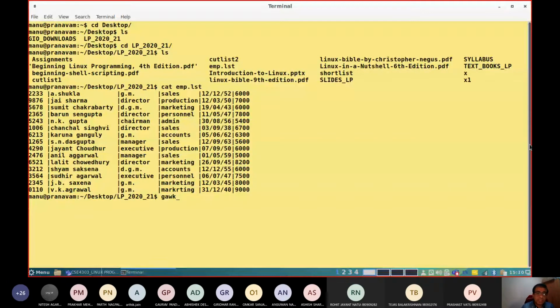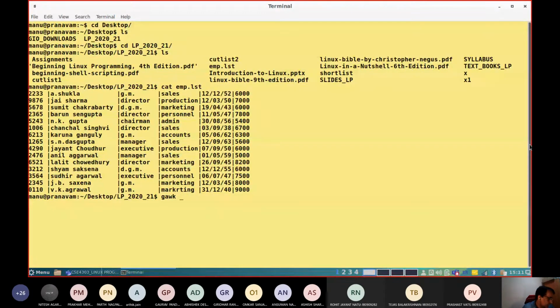In the last class, we said that after the application, AWK or GAWK, next come the options. If you want to give any options, you can mention them, like -f. After that, the next part is the selection criteria and action.